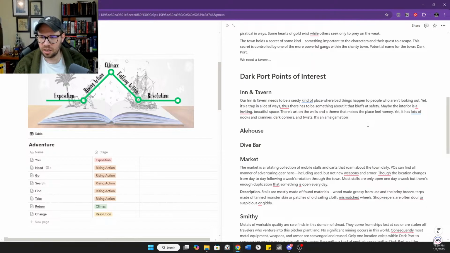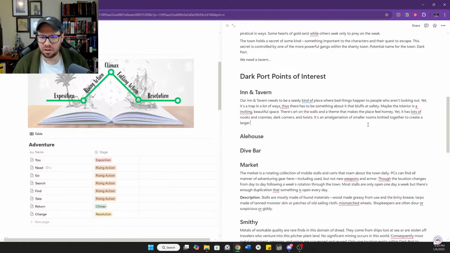It's an amalgamation of smaller rooms knitted together to create a larger building.